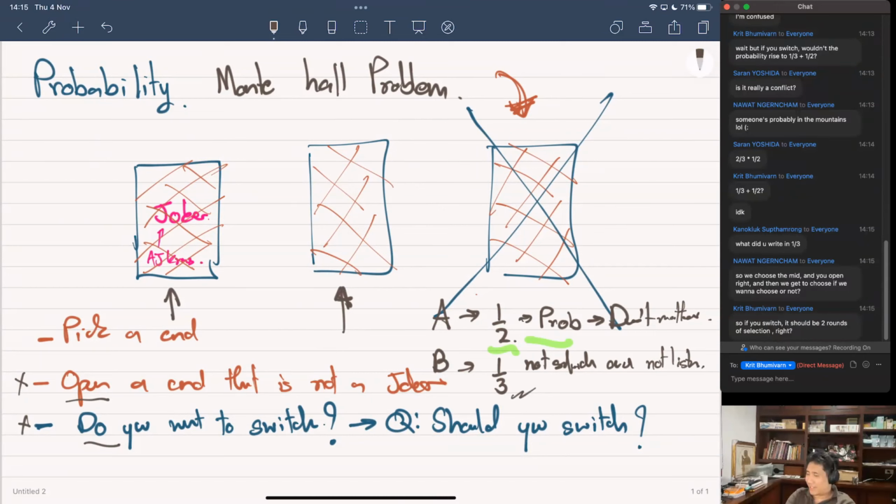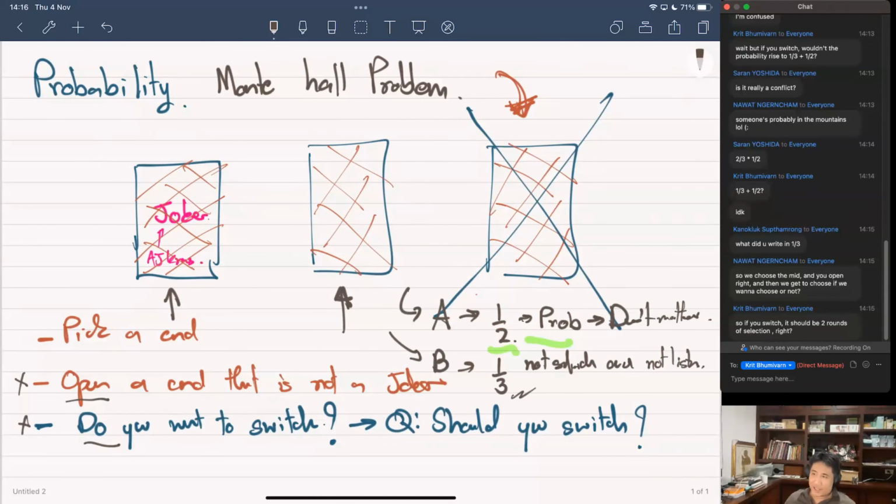There'll be 2 rounds of selection. It doesn't matter. I only care about your final choice, right? Okay. So this kind of thing is something that I want you to be able to analyze and understand. Our intuition is going to say something wrong, because all this sounds about right, right? I think all these arguments sound about right until you actually write it down and see what happens, okay?